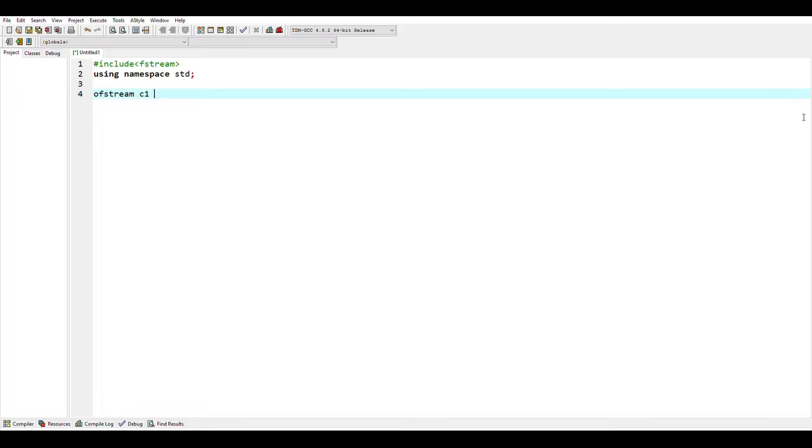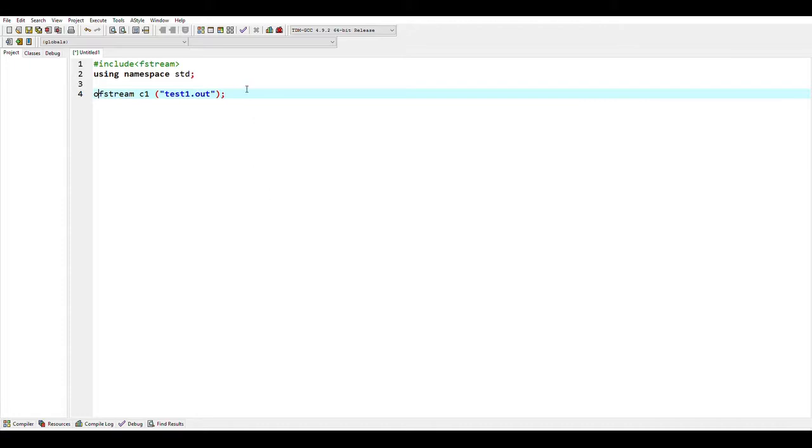Let me just name this C1, and let's name this test1.out. If we are gonna work with .out files, but I'm gonna show you that